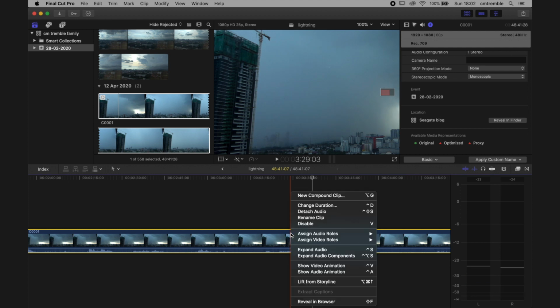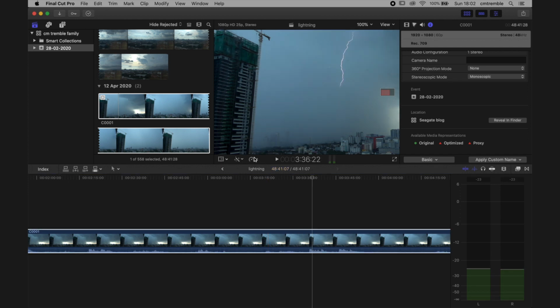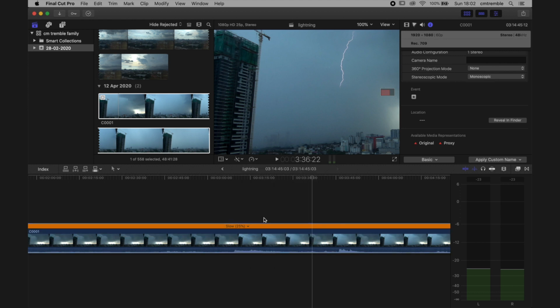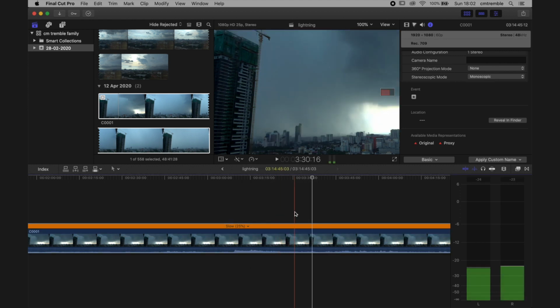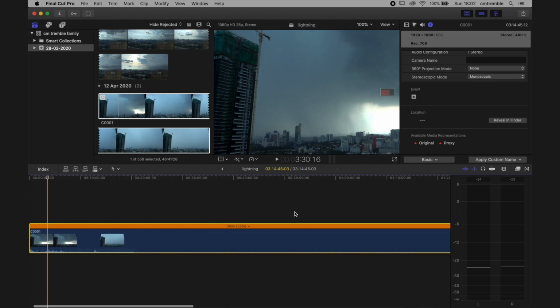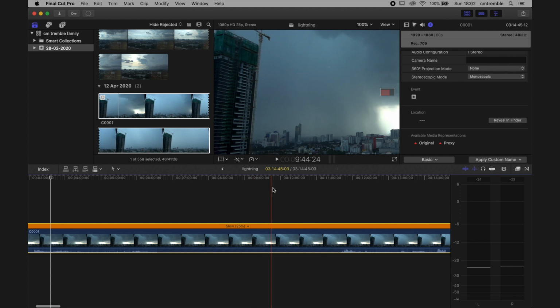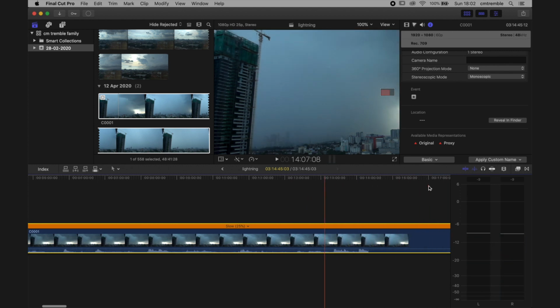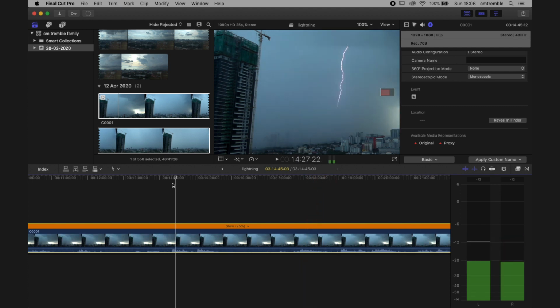I can do it to the speed that I know it was recorded at, which is I can tell it to slow it down to 25%, or I can actually use automatic speed, which will look at the metadata, which says it's 100 frames a second, and it will slow it down to 25%. So now, if I were to find roughly that same place with the lightning we were just looking at, right, you can see how